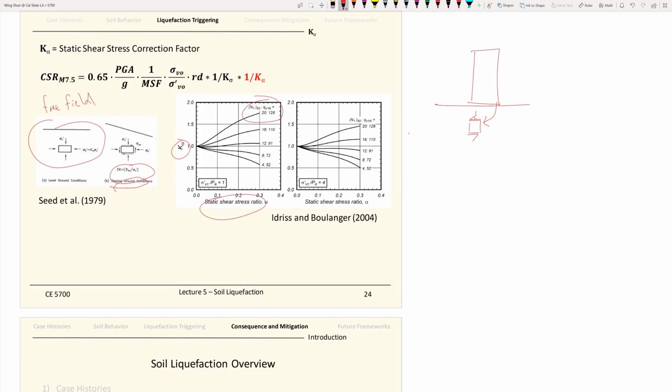And you realize there's actually quite a lot of uncertainty when you use those parameters. I pulled out those graphs from the very original work of Idriss and Boulanger, and I bet from time to time this K alpha will see some minor changes. So you need to keep an eye on how K alpha changes over time, or on more updated literature out there. But again, the key concept here, the K alpha, is for